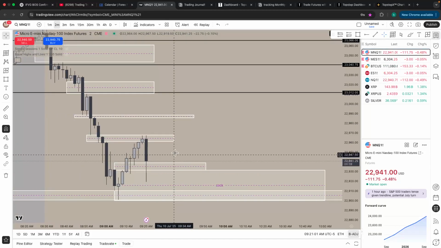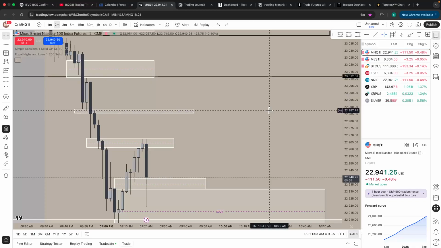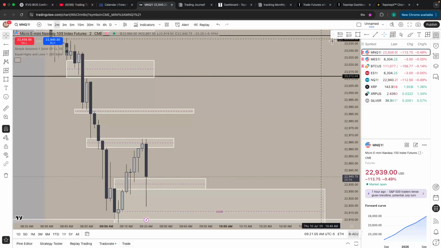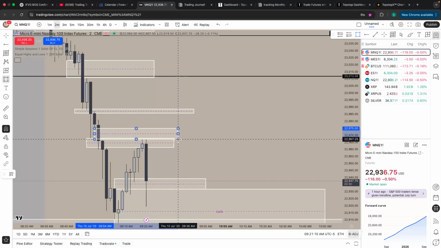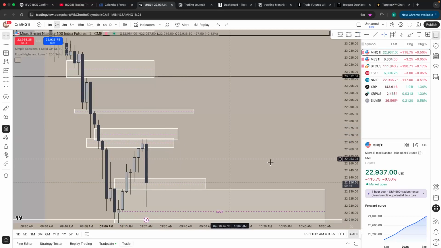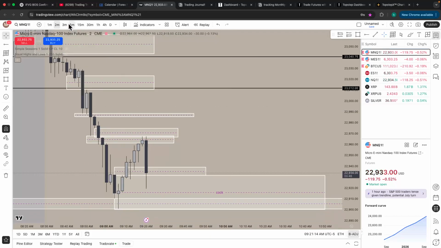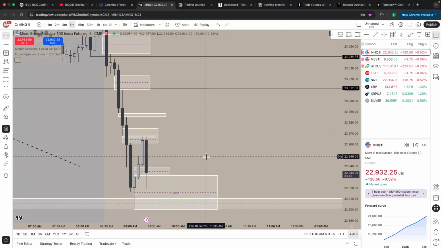Let's go to the 2 minute. Do you have anything we can inverse? We have a 2 minute we could inverse over here. That is perfect timing. Oh my gosh, this is a legendary video already. I don't want it to invalidate the order block though, or that fair value gap. I'd like it to respect both. But we got 3 minutes to tell that.